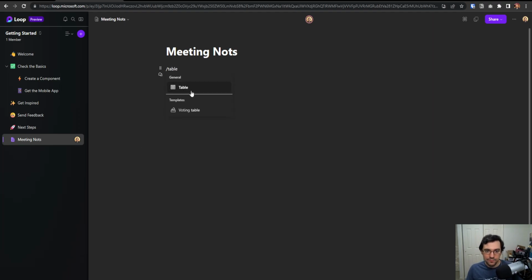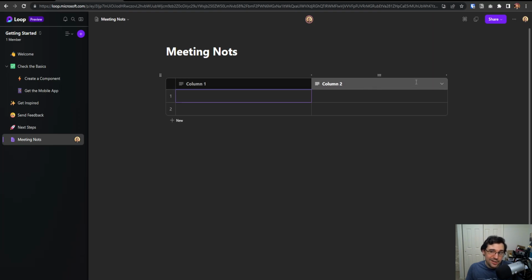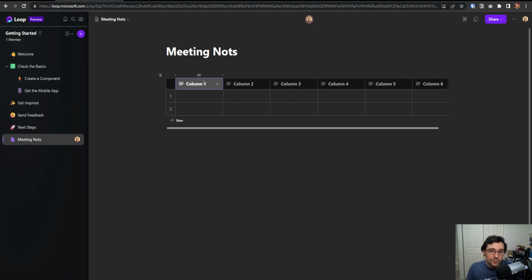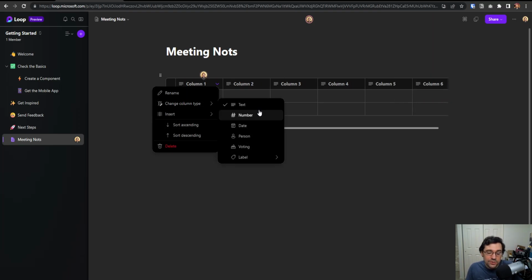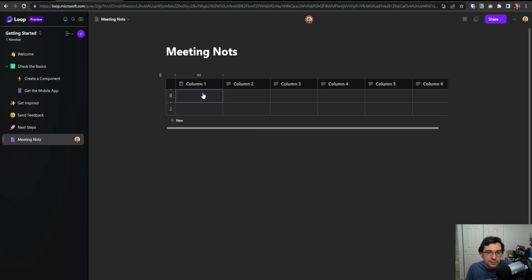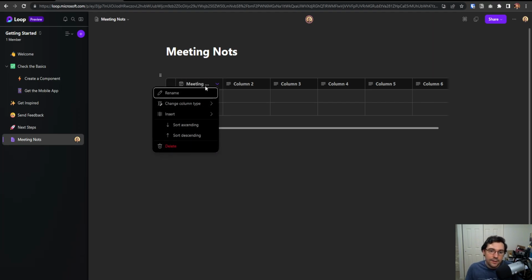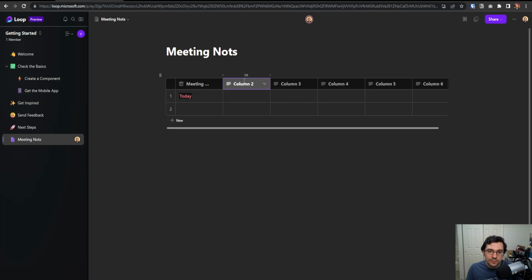So a table, and then you can create as many columns as you want. So if I come over here with the plus signs, so like column 1 would be like date, or we'll say yeah, just date. And this would be like the meeting date. So I could rename this column meeting date. And this would be my notes. So double click notes. And then inside of Notion, and this is something that's different, all of these are considered pages and all of the columns are considered like properties,